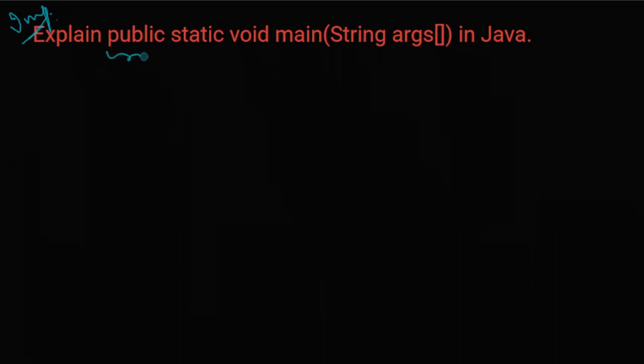Okay, so public is an access specifier. I guess you must be aware of what an access specifier is. An access specifier is the particular thing that specifies where that particular element or function is accessible, from which class, from which subclass, from which package.